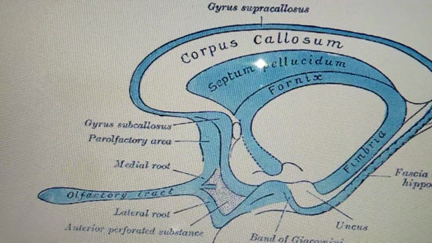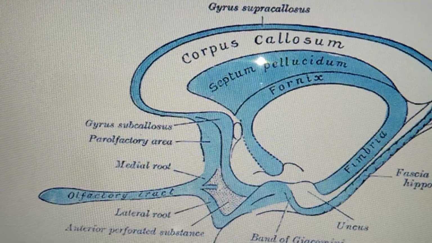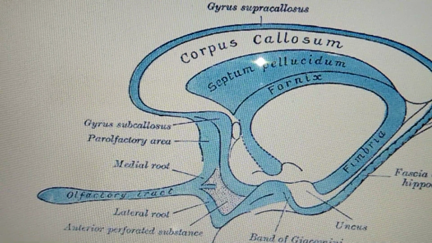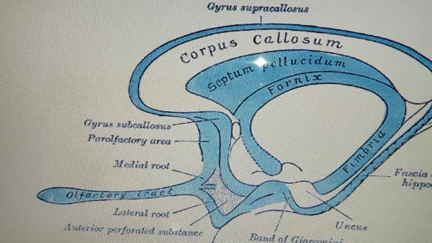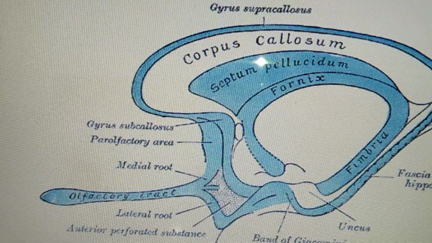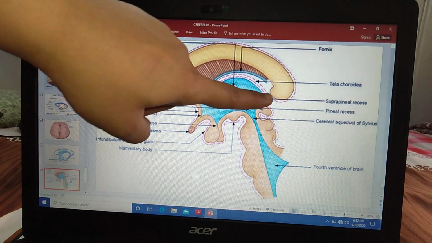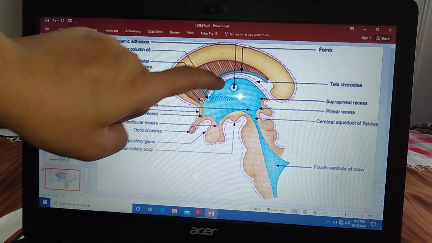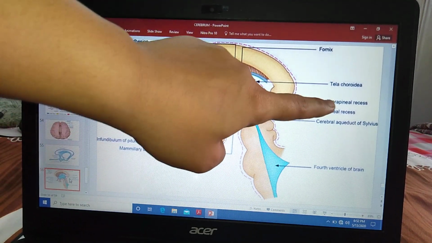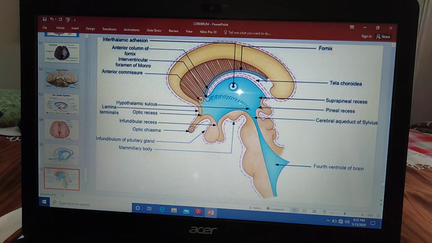It is the posterior end forming the thickest part of the corpus callosum. It lies 6 centimeters in front of the occipital pole. Its inferior surface is related to the tela choroidea of the third ventricle. For this, we will see this diagram. Okay. Now here you can see this is the splenium. Just below the splenium, you can see this is the tela choroidea, right? Then you can also see the pineal gland is shown here. So the inferior surface is related to the tela choroidea of the third ventricle.